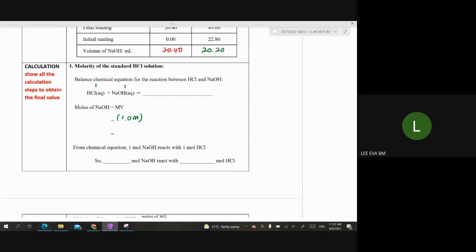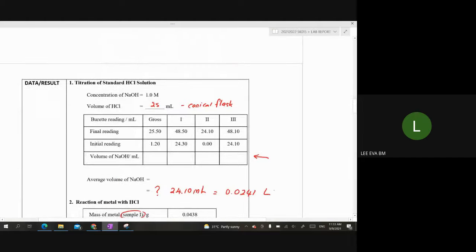How about the volume? What is this volume for? Untuk part yang pertama kan, part A. Volume berapa yang kita guna untuk NaOH? Kat mana kita nak carikan? The average. Ya, jangan lupa part A kita tengok NaOH ke mana, ada NaOH dekat sini. Okay, kita punya average volume of NaOH which you take for set 1, set 2 and also set 3. So we multiply it, the one in your liter,